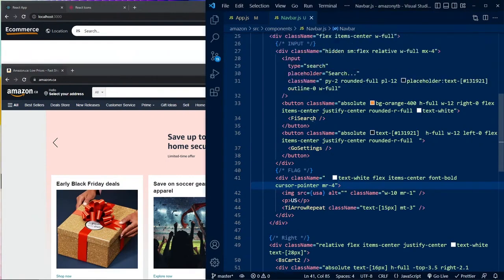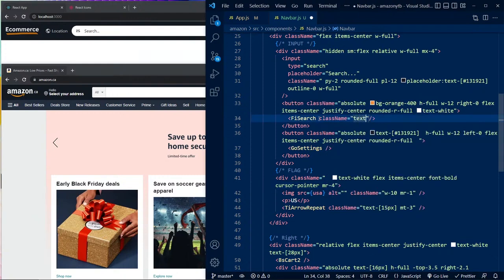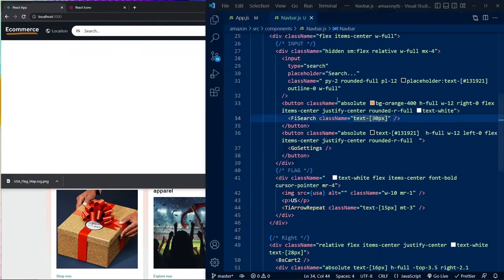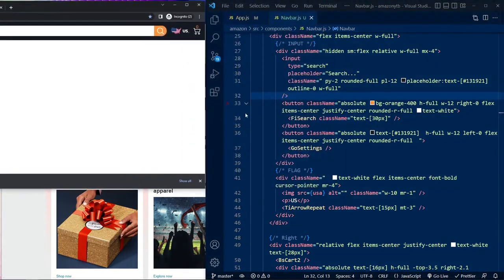On the middle. FY search. We have a text here. Class name should be text, like 30 maybe, 30 pixels. And if I save and watch this, 30 it's too much. I'll make it like 28,